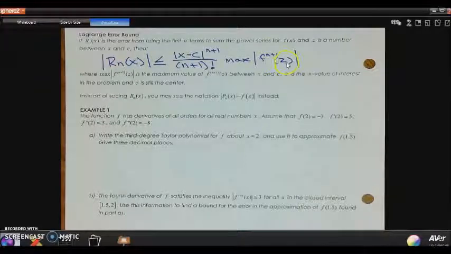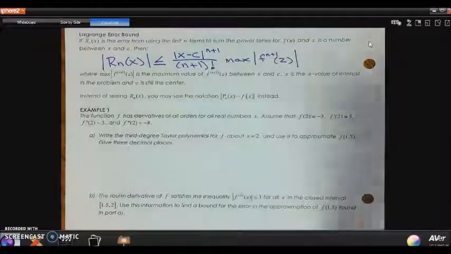So z is going to be a number between x and c. So then basically your error is less than this expression. And you're like, yes, that looks terrible. Well,